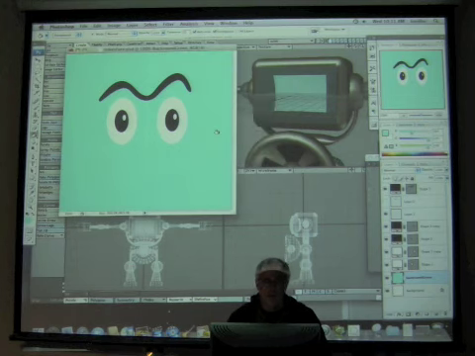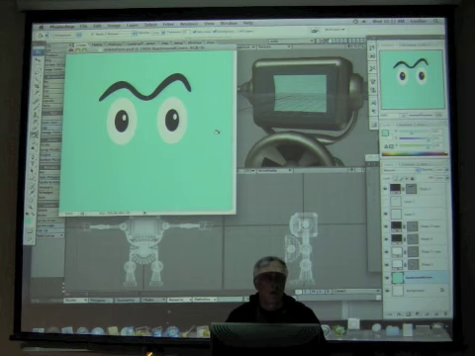24 bits per pixel. Does everybody understand what that is? 24 bits per pixel, 16 bits per pixel. If you don't, let me know. It's not a big deal. 24 bits per pixel means that you have the possibility of 2 to the 24th power of colors,